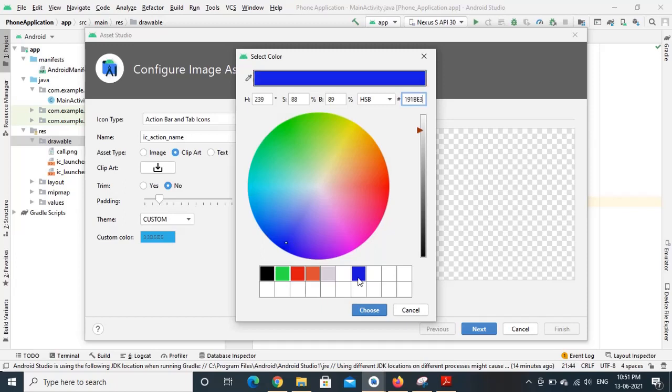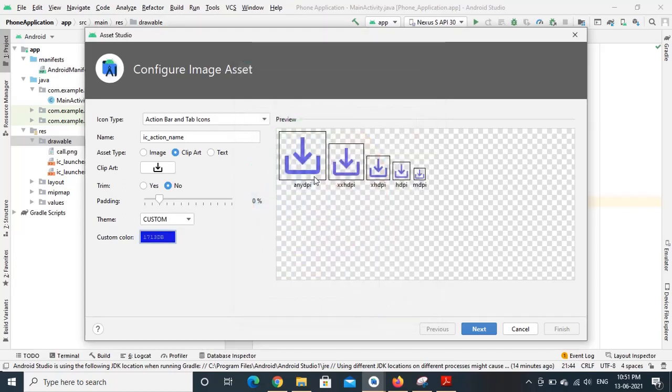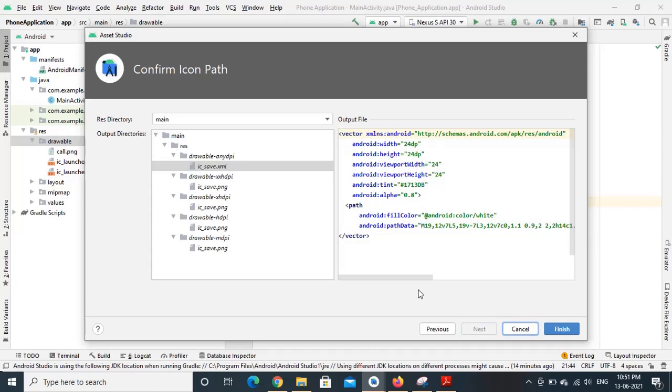select the color, and you can also change the name. IC_save, whatever name I am giving. Click next. So these are the folders will be created in your drawable folder.